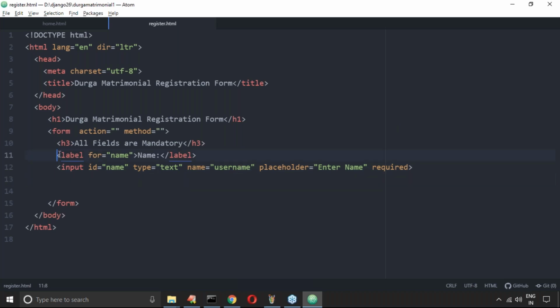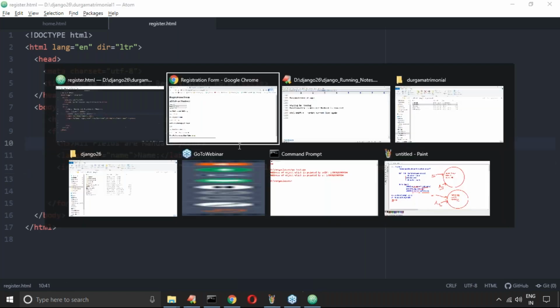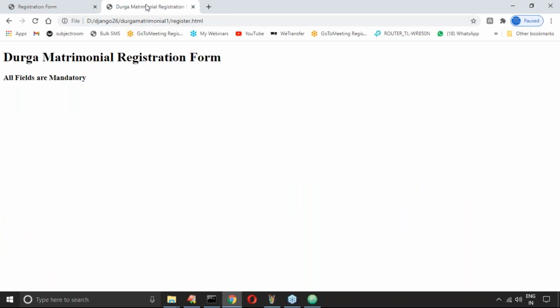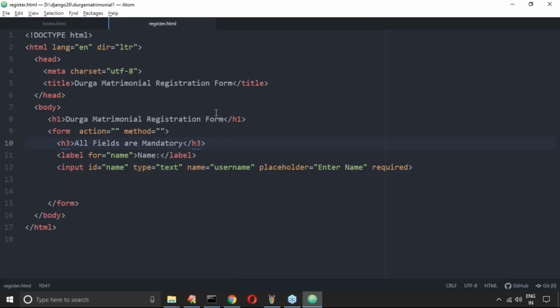So, are you feeling any doubt? Do you have any doubt related to this one? Yes, required, we covered. What is the placeholder? We covered already. Username, something like that. Now, let me check. Is it going to be reflected here or not? Yeah, wonderful. Name, okay, like compulsory it's asking. Directly I can. I'm not required to remove that.